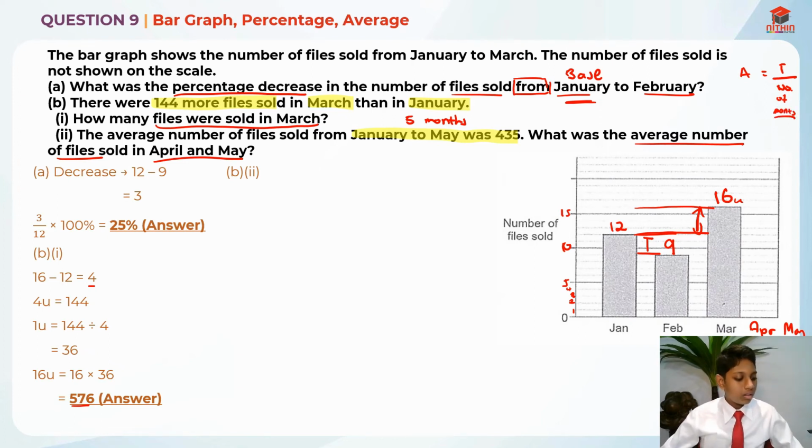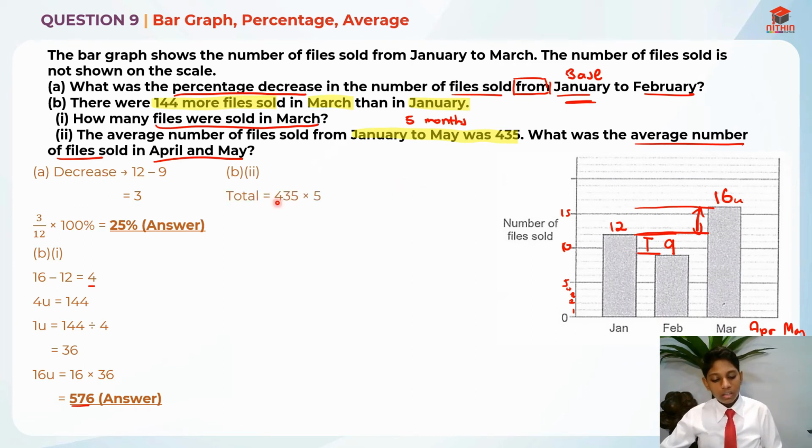So that's the formula for average. So what we need to do to find the total is to take 435 times 5 months, which will give us